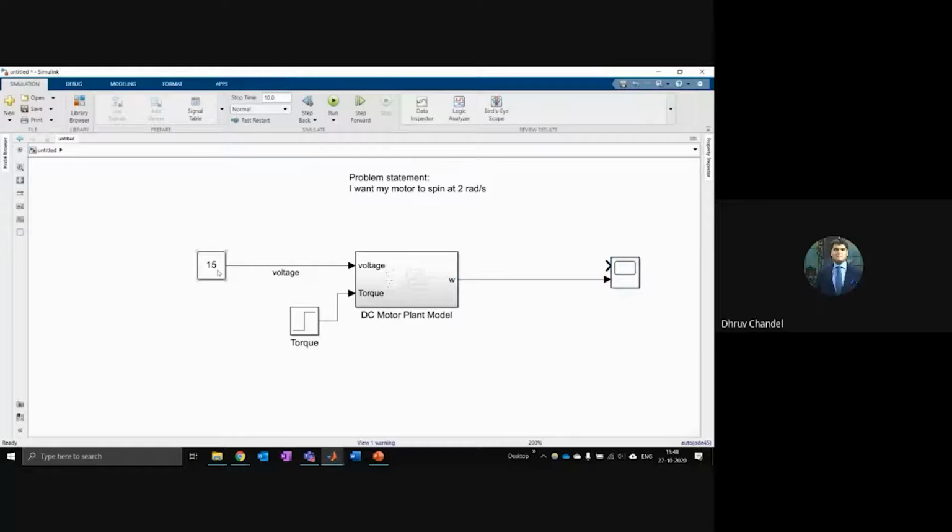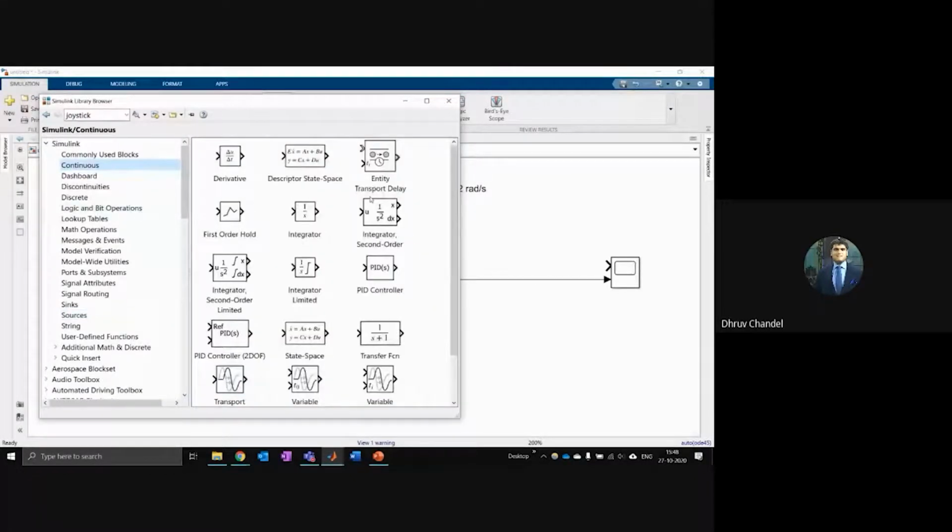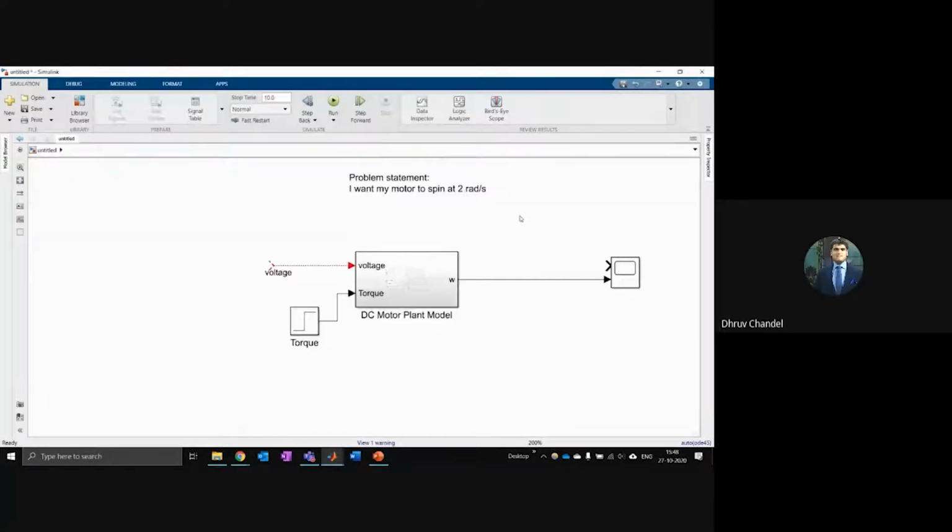So what we can do in this case is go to the continuous library. I'm going to show you one kind of control algorithm. Inside the continuous library, we have this PID integrator block. This stands for proportional integral derivative, and it is one of the most common control designs that you will see in industry. There are more advanced ones out there. Someone mentioned model predictive control, etc. But if you can understand this, then this is the first step to understanding the more complex ones as well.